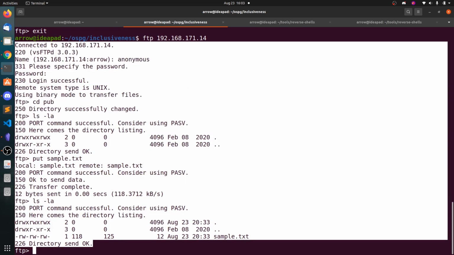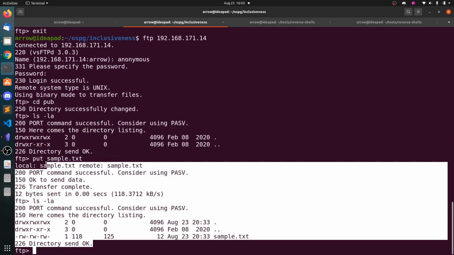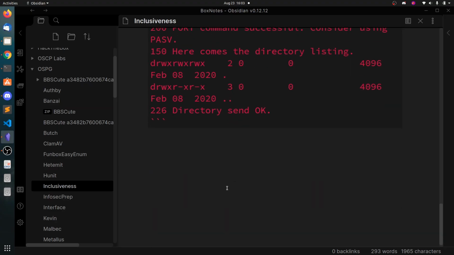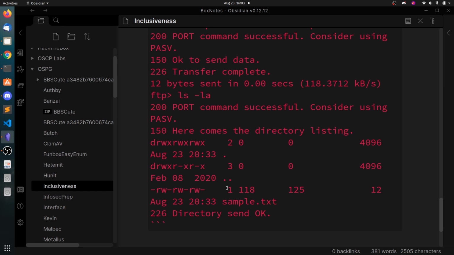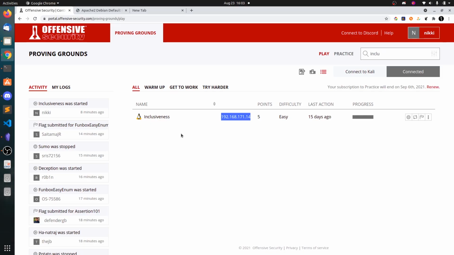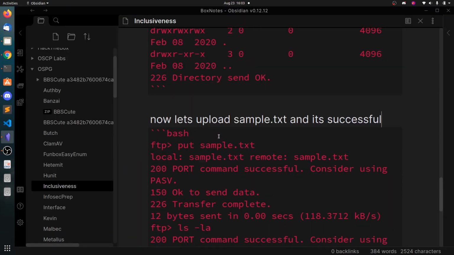So let's copy this again, and you can just copy from the put command. Okay, now what do we have here?